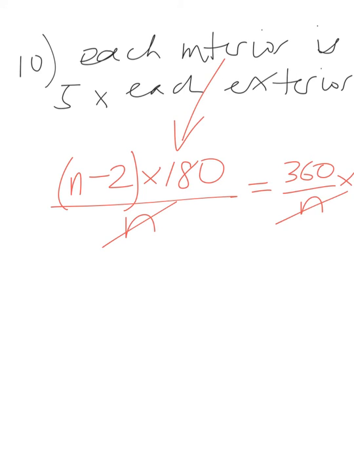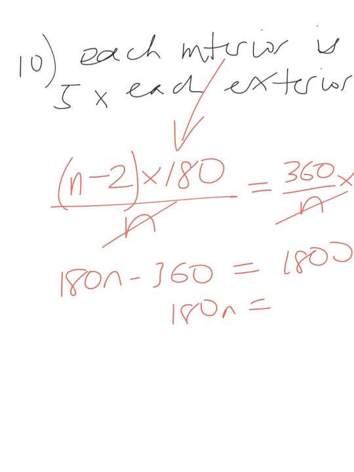Therefore we get, expand the brackets, 180n minus 360 equals 1800. Add 360 to both sides and you get 2160 divided by 180 and you get n equals 12, which is